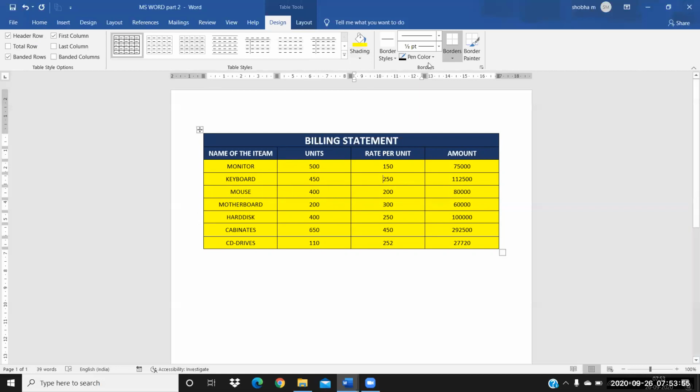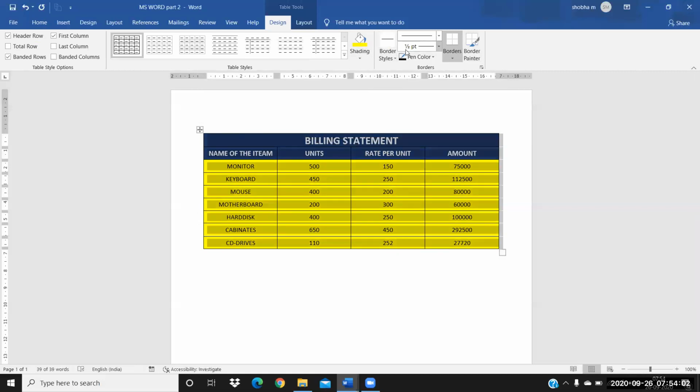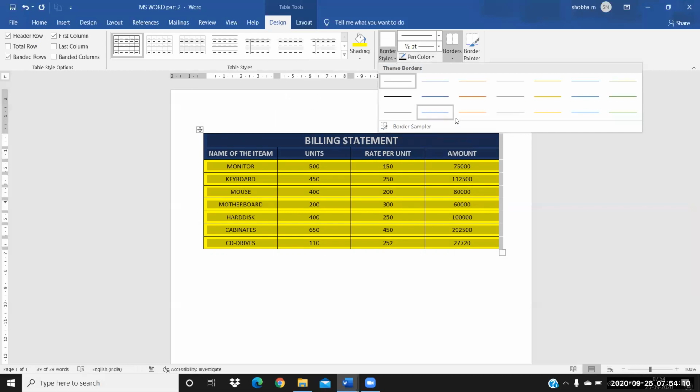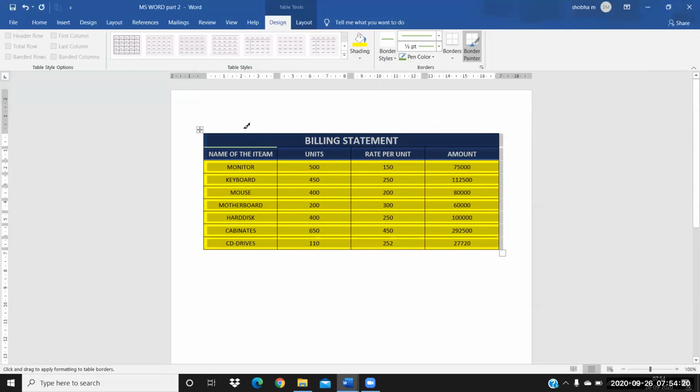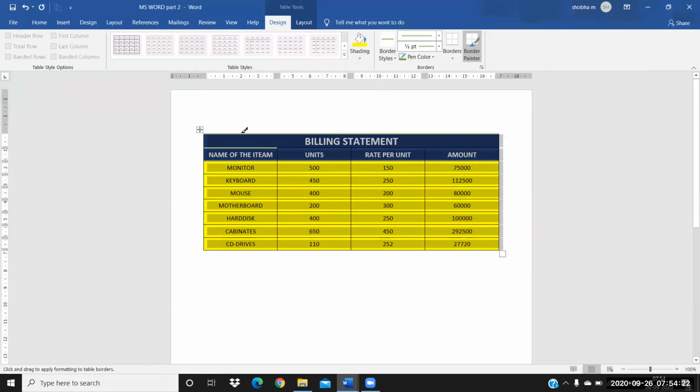The same way, you have a pen color, you have borders, you have a border color also. See, I'll just select this one. Pen color means you can give a border color on your own by selecting a different type of border style. If I'm selecting this color of border, you can select any color of a border. I'm just clicking here, it will apply like this because you're selecting a pen. When you're selecting a pen, just click on this line here. See, the borders will be applied like this for you.